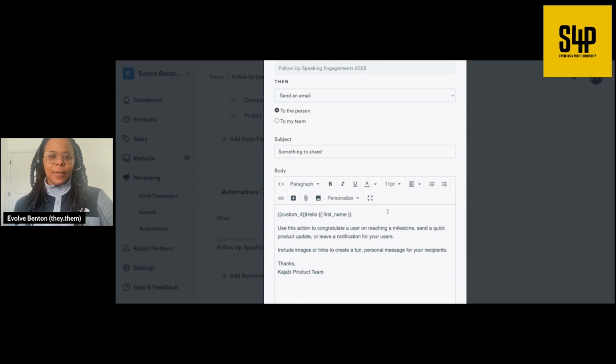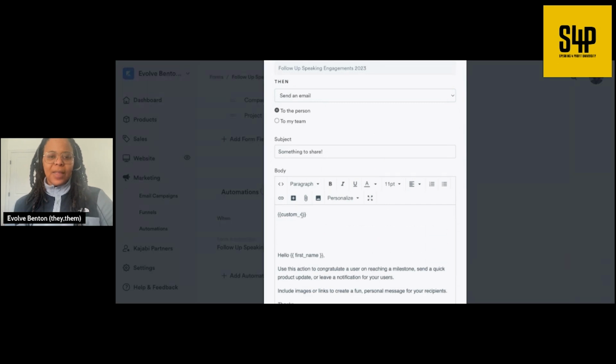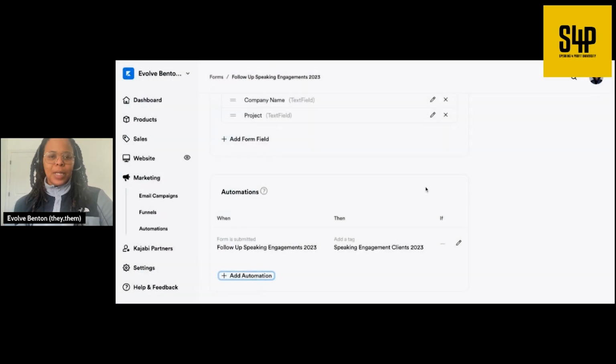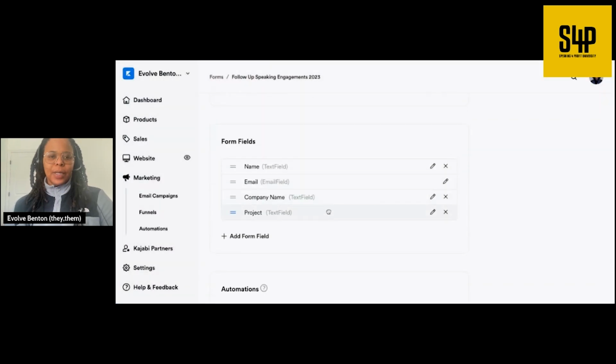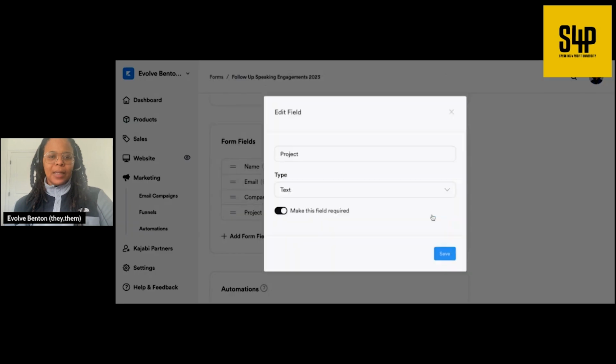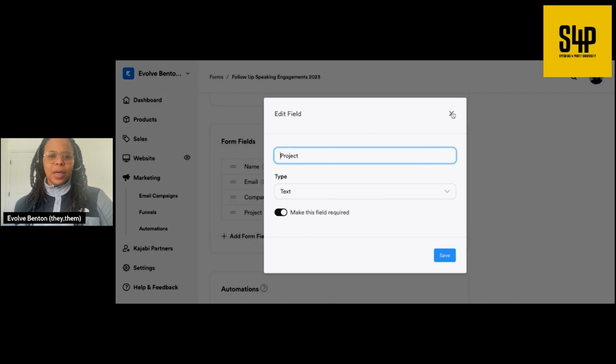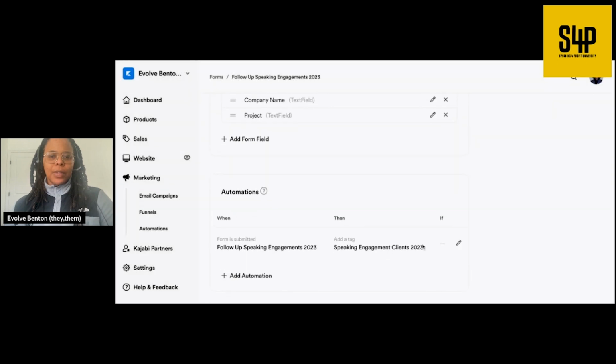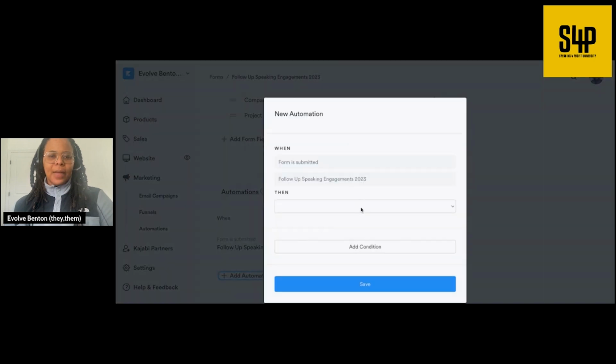So project. So what I usually do. See how that came up when we did project? That might mean that we need to go on the back end. Let's see if we can edit this. No, it's just going to come up with its own custom field. Okay, so that's good to know. So what I would do is I would go in at